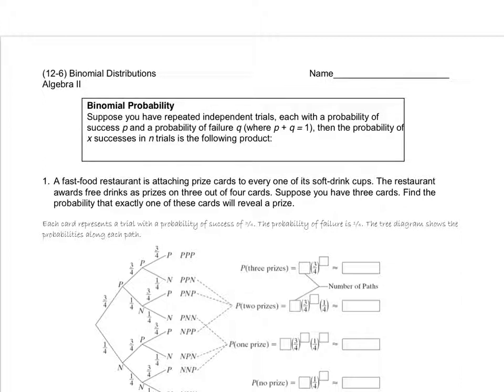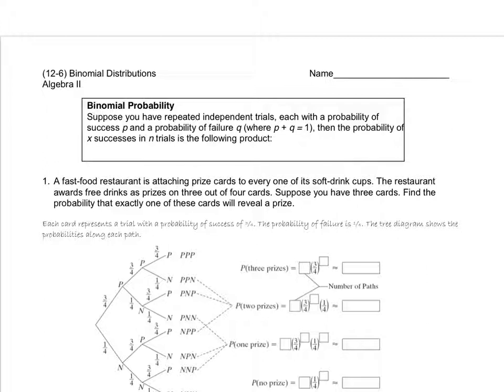This lesson is about binomial probability. In a binomial experiment, there are three things. One, the situation involves repeated trials, so more than one trial. Two, each trial has two possible outcomes, success or failure. And three, the probability of success is constant throughout the trials, so the probability doesn't change, and the trials are